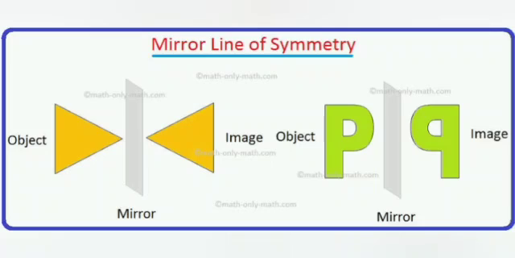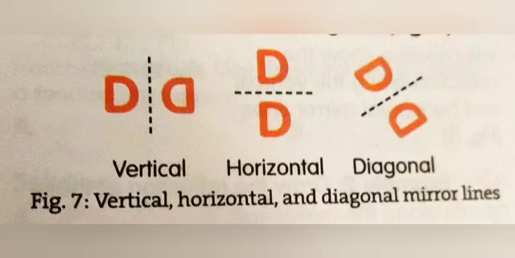The image and the reflection form a symmetrical shape with the mirror being the line of symmetry, also called the mirror line. We can see some difference in the reflection of the letters when the mirror is placed vertically, horizontally and diagonally. Some letters are the same in some positions. Some letters are the same shape and size, but they are facing the other way.